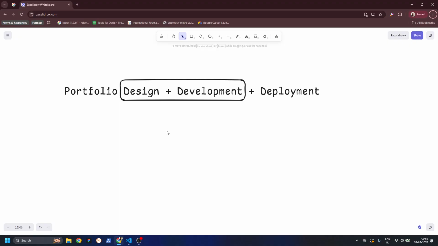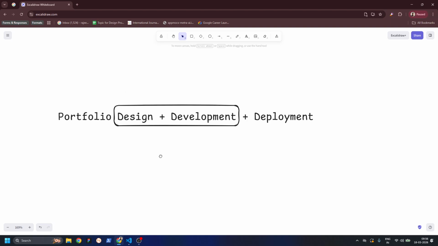So portfolios are not built in 1 day or 2 days. Portfolios are built over years, right? So think of portfolio in that way. So having said that, the development would require you to convert your ideas into a website which is accessible to all. There are two options you have when it comes to